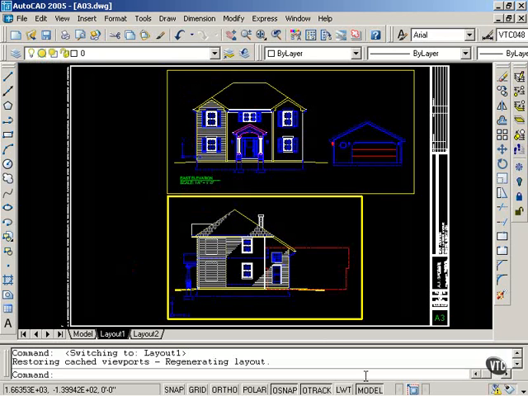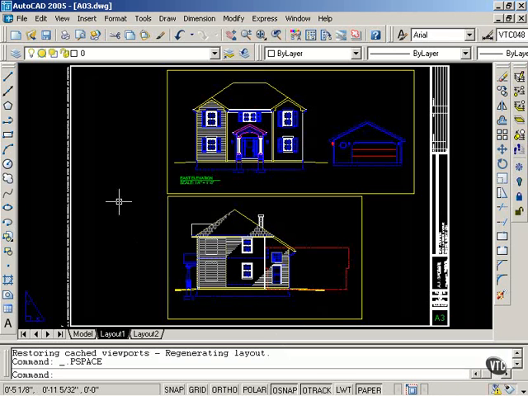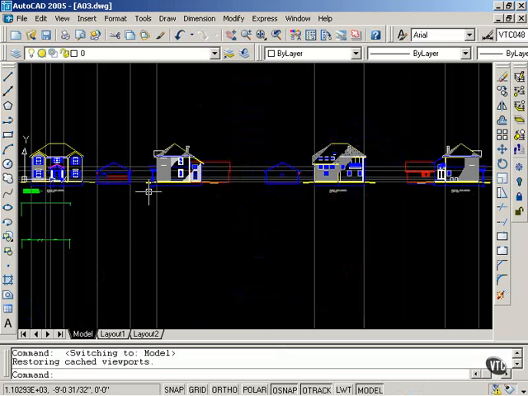Switching back to paper space, I think I will simply click on the text down here. Takes me back to paper space. I will now switch to model